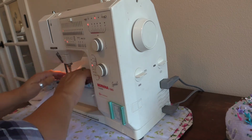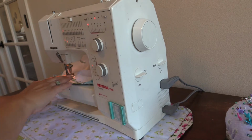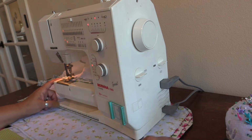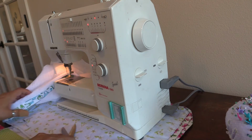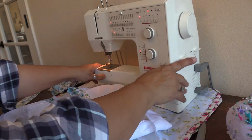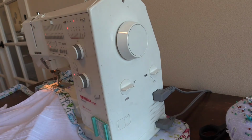This way and stitch up this way like that. That gives you a little bit of added security with the tie. And now we're going to do the other side. Okay, so I'm going to do the other side. Alright, so now on the other side,